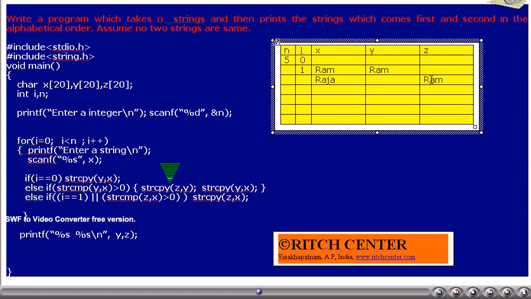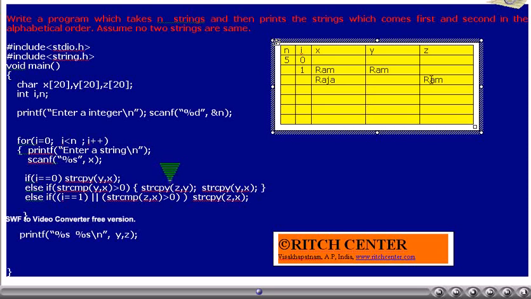Is i equal to 0? No. Thus the control comes to the next if condition. strcmp y comma x. y is Ram, x is Raja. As Raja comes first in the alphabetical order compared to Ram, this if condition becomes true.